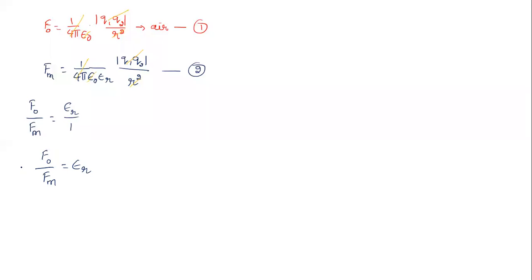Correct. So this is the formula for relative permittivity in terms of force between the charges when we keep them in two different media. One medium is taken as air, one is taken as some other medium. For example, a water medium means we keep both charges inside the water. So this is one more relation. This will help you find the value of relative permittivity. So this relative permittivity epsilon r will be equal to 1 for what medium? For air medium.